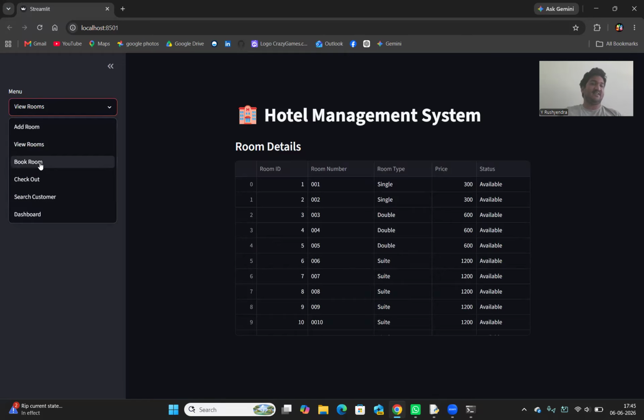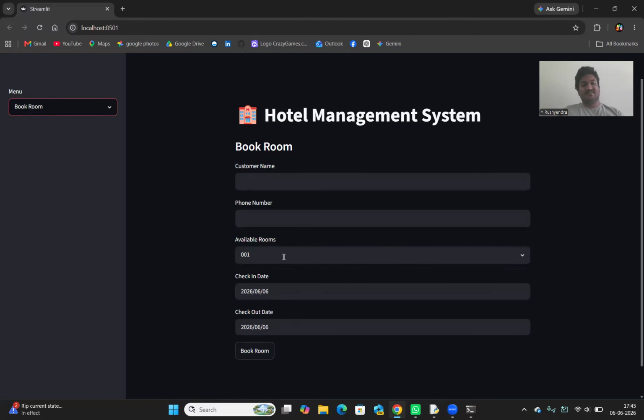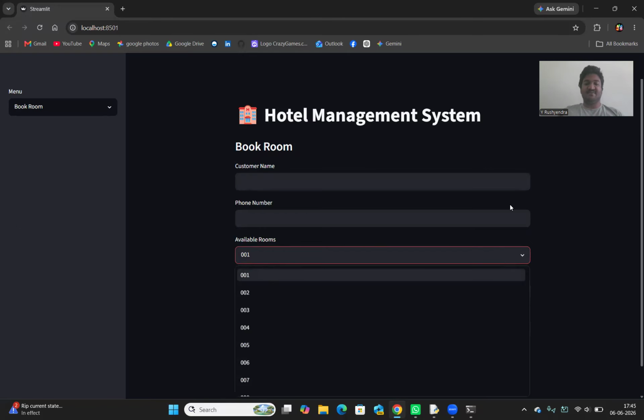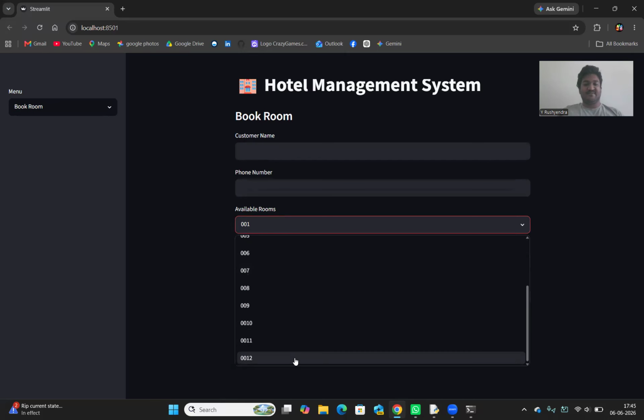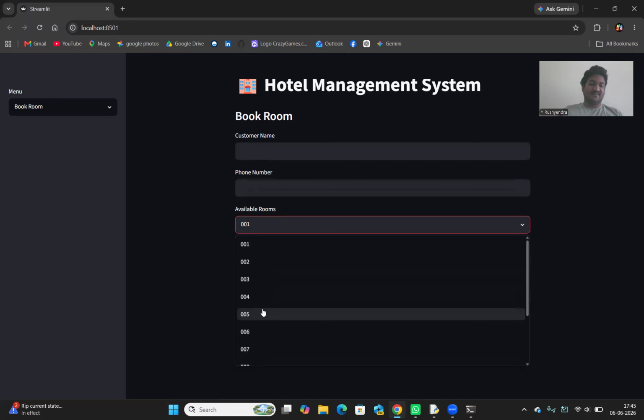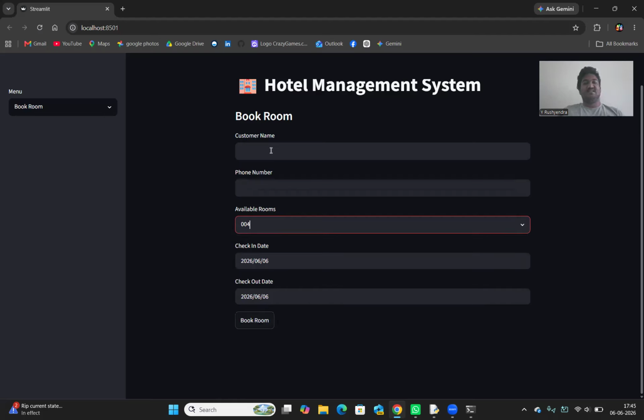So here you can see book rooms. All the available rooms are there, from 1 to 12. If I give the room, like 4, and a customer name, let's give the customer name as, maybe John, and phone number as